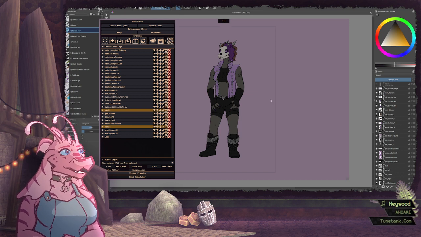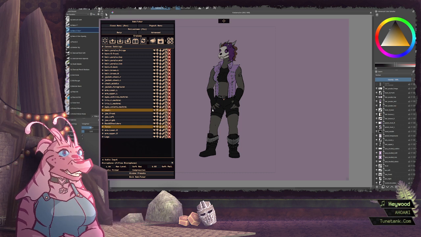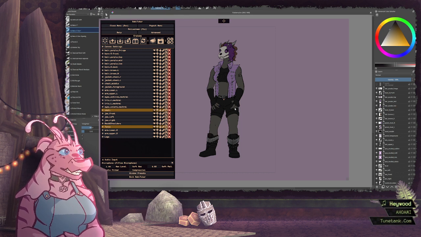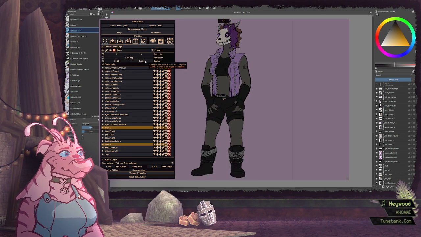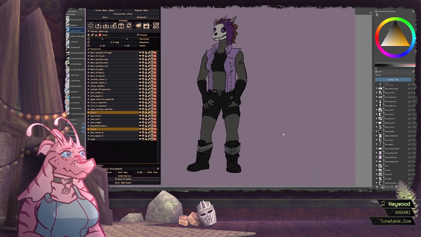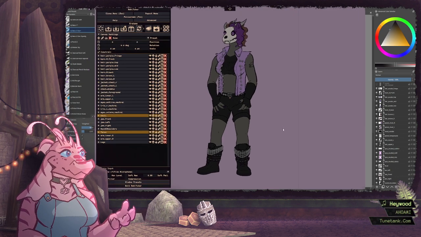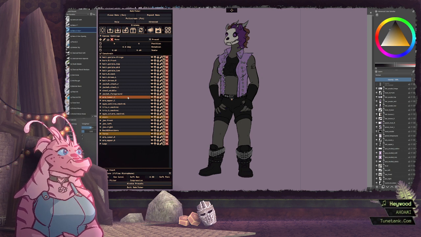So now we have to work out how to rig this so that it moves the way we want it. At the moment, all the pivot points are in the middle, which is going to be something to deal with. But yeah. Let's just get the ball rolling. So, let me zoom this in a little bit as well. Cool. Okay, so we have all of our layers set up. All of them are inheriting from the ones that make sense for them.